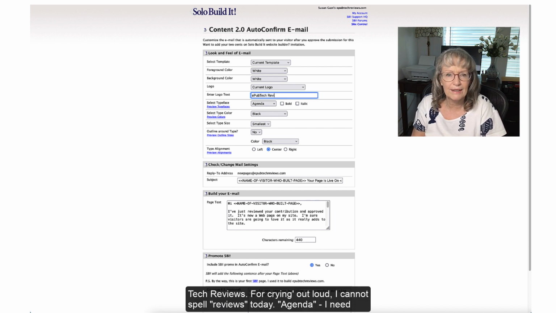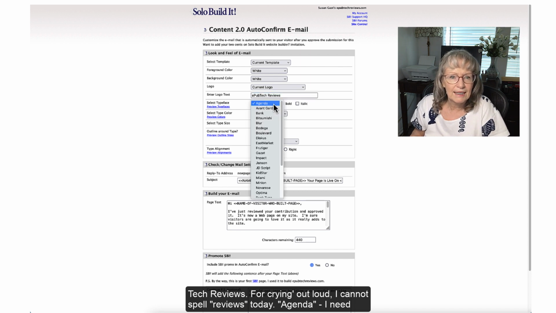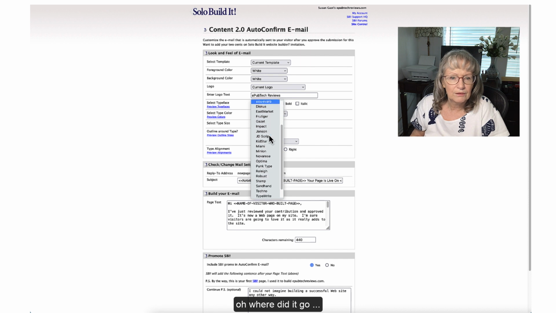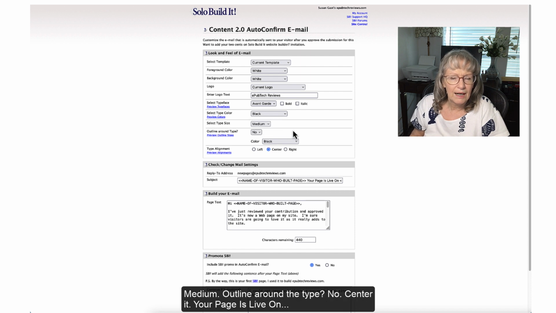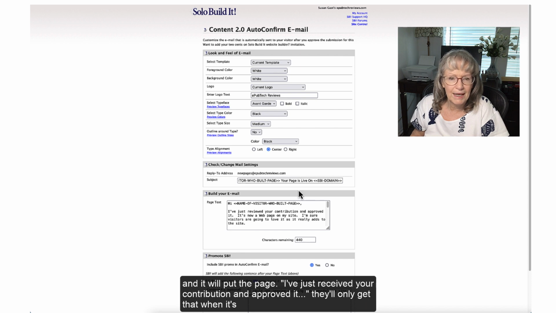Oh, for crying out loud, I cannot spell reviews today. I need, oh, what was it called? I'm going to put avant-garde for now, because I can't remember, to be honest. I want it to be black. It doesn't need to be massive. I'll put medium. Outline around the type, no. Center it. Your page is live on, and it will put the page.